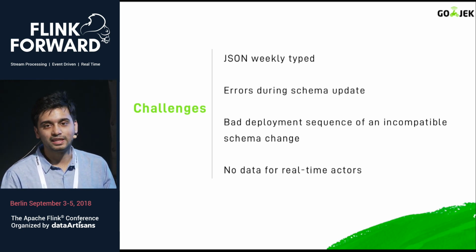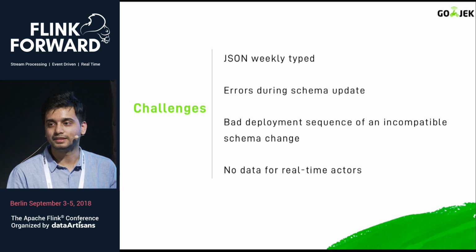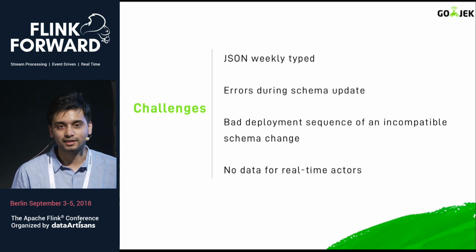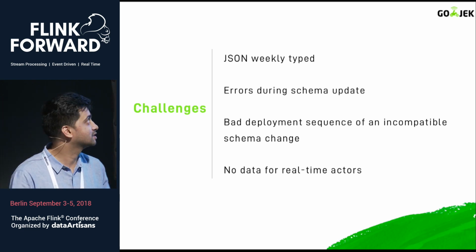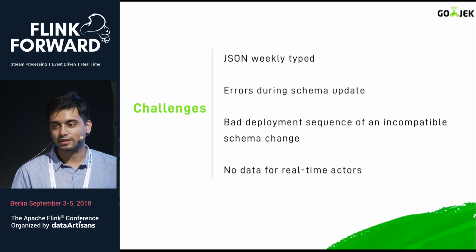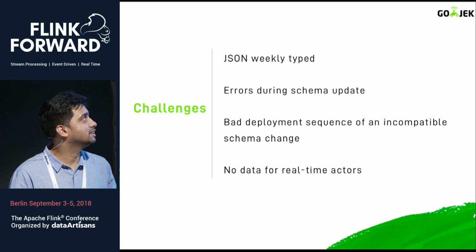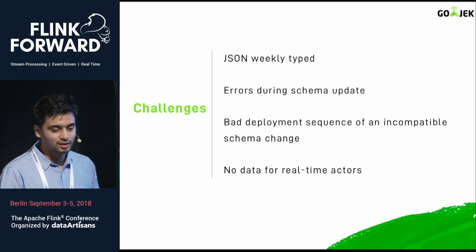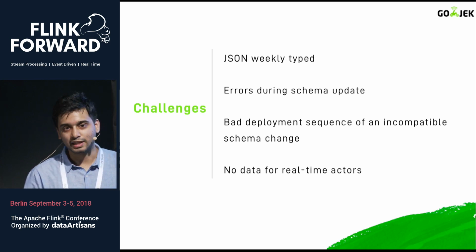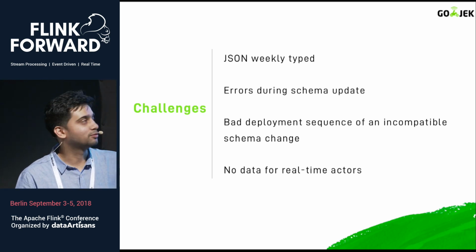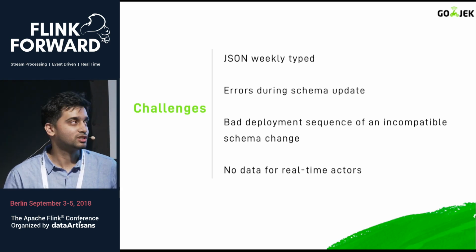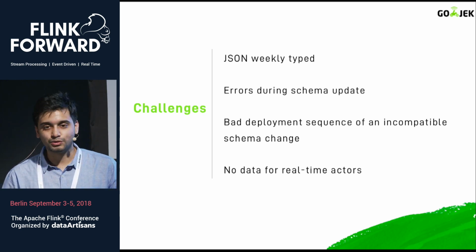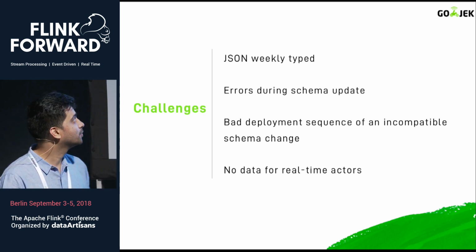These are the things that prompted us to take those measures. One is JSON is weakly typed. JSON is the regular API contract that we have in most of our microservices. But for events, we wanted something which is more strongly typed. And also, even if it's strongly typed, like we have protobufs, people can make breaking changes. Even if they made errors, we should be able to work with it somehow.